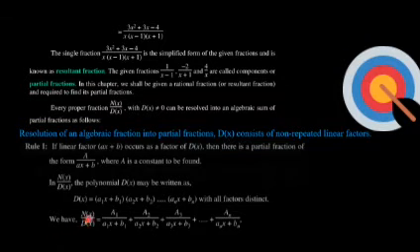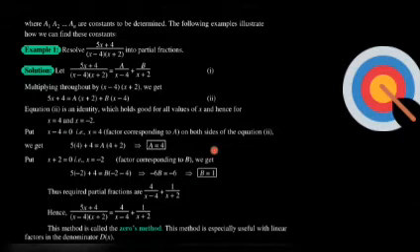We can write it as Nx divided by Dx. This is a fraction. It can be resolved into partial fractions: A1 divided by a1x plus b1, plus A2 divided by a2x plus b2, plus A3 divided by a3x plus b3, and so on. We can resolve as many factors as there are. Let's discuss the method of solving this situation.